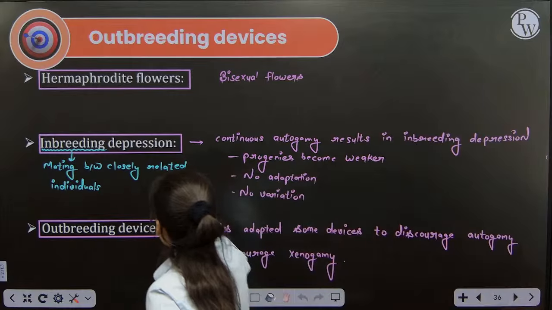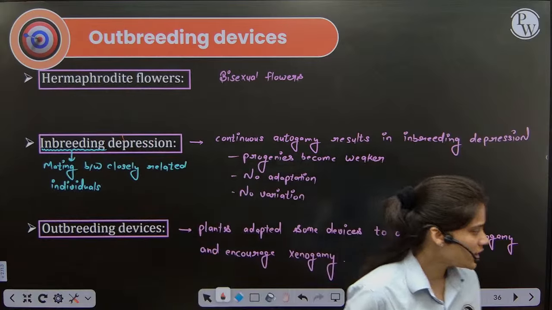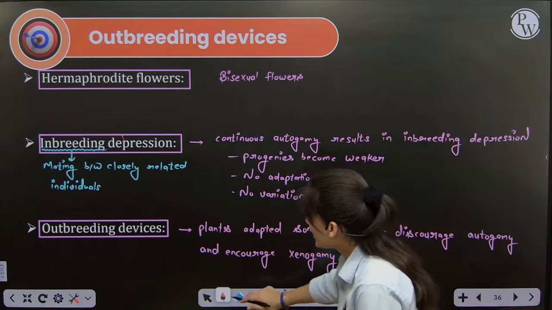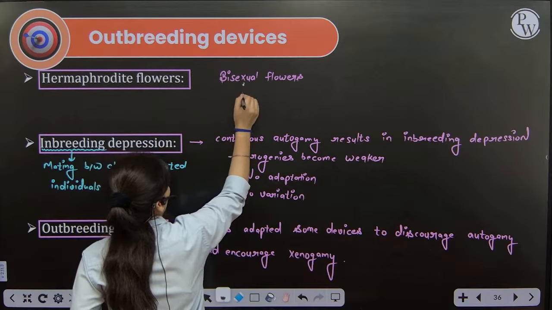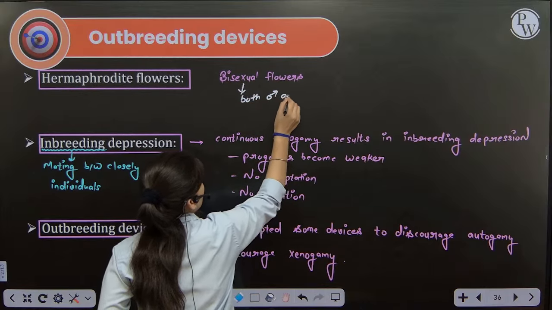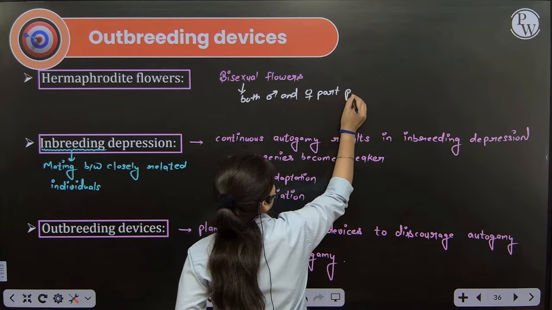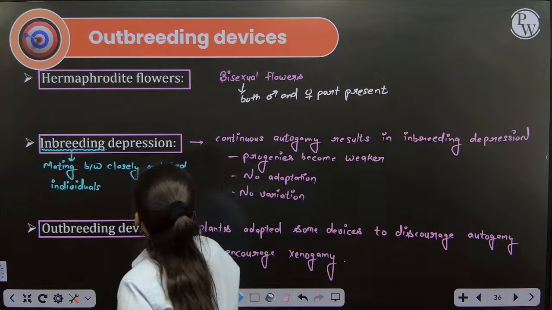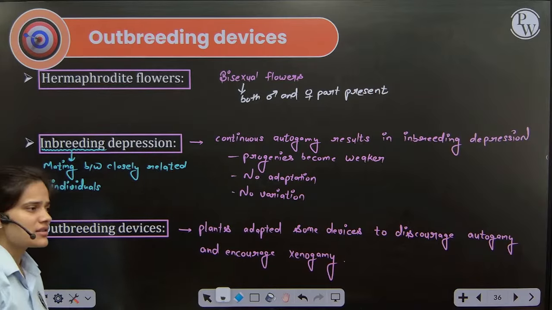So as we see in case of flowering plants, the majority of flowering plants have hermaphrodite flowers. What is a hermaphrodite flower? They are bisexual. Bisexual means both male and female parts are present on the same flower. Then if both male and female parts are present on the same flower, there are maximum chances